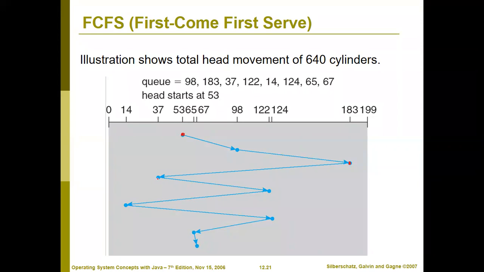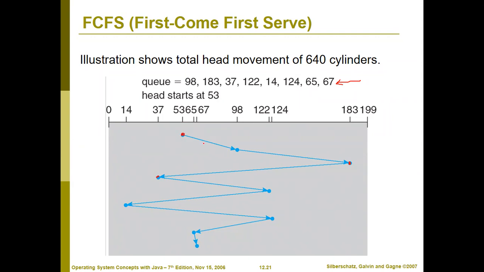You are moving back to 37, then 122, then 14, then 124, then 65, then 67. So you are moving like this. Whatever your order is, you need to move in those positions only.